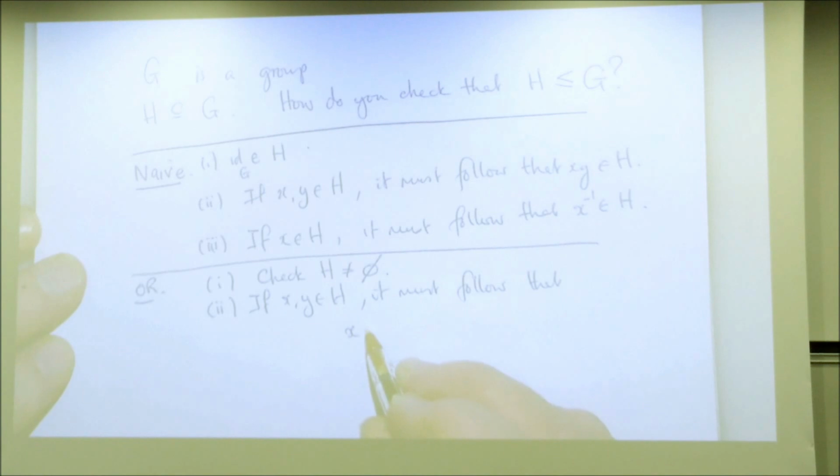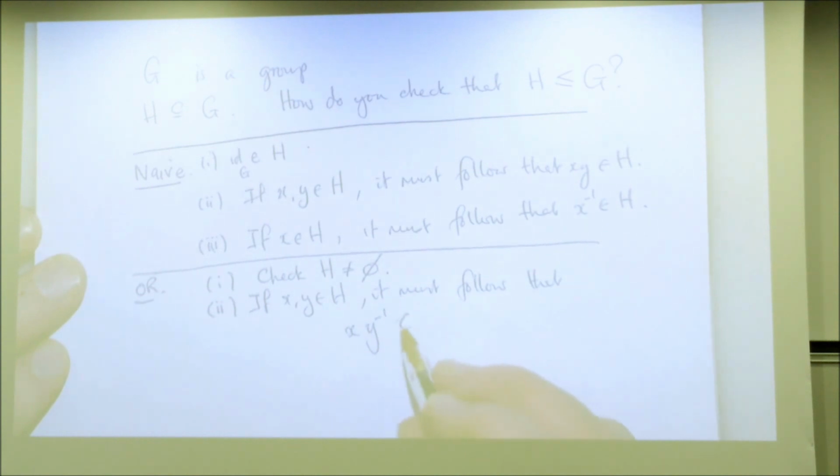that x y inverse is in H. Now y inverse is a unique element of G. So these are two elements that are definitely in H. This is an element of G at the moment. Because everything's going on inside G, we can form this product and it will be an element of G. But what we want is that it's actually in the subset. So this takes almost no work,